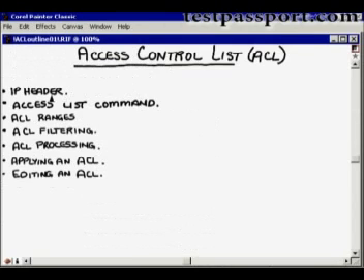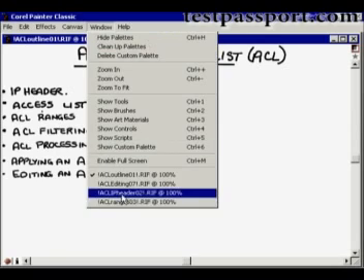Excellent. Alright, so far we've covered the IP header. Next we're going to move into the access list command. Let's take a look at that. Here it is. Access